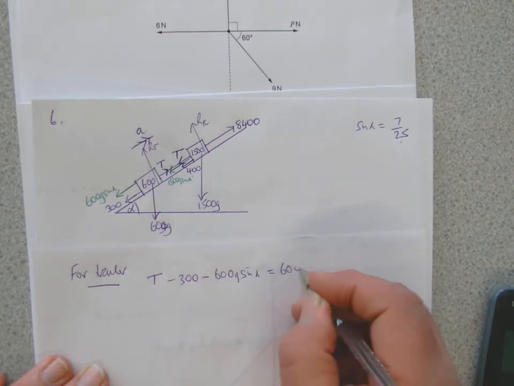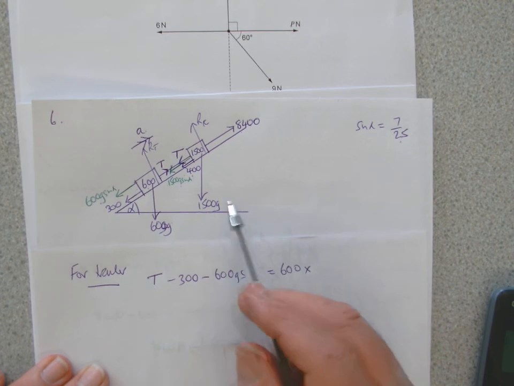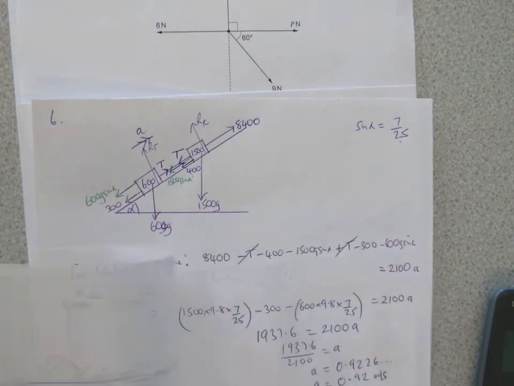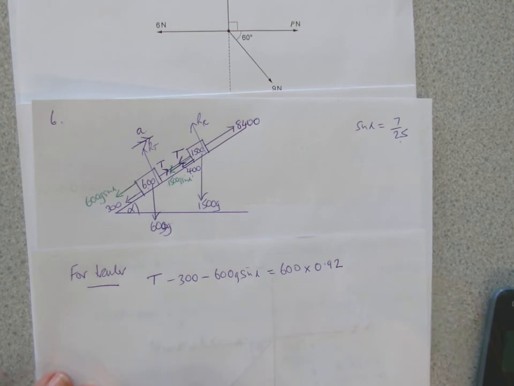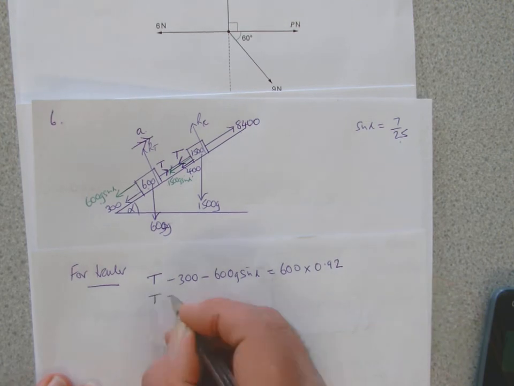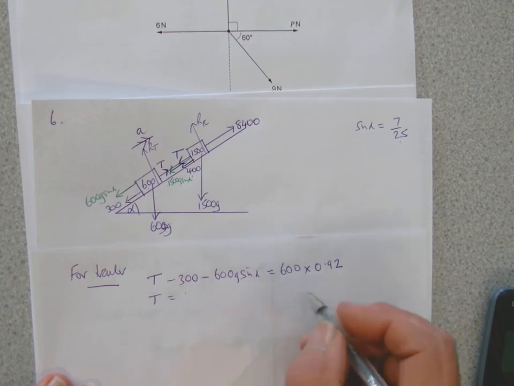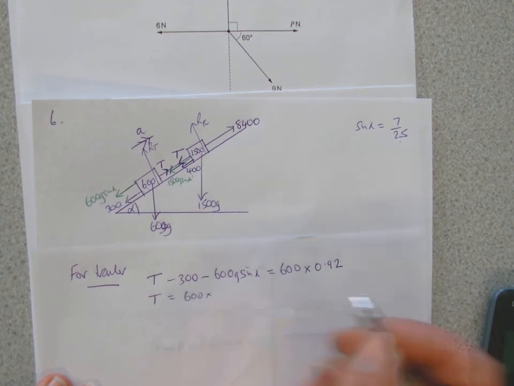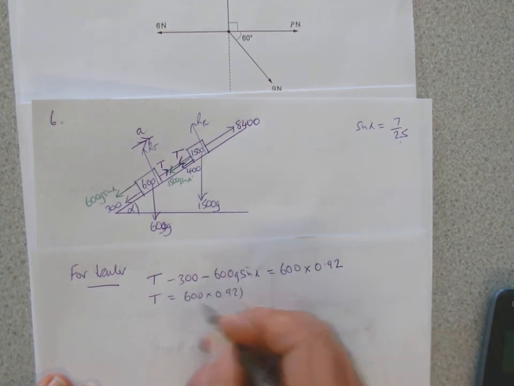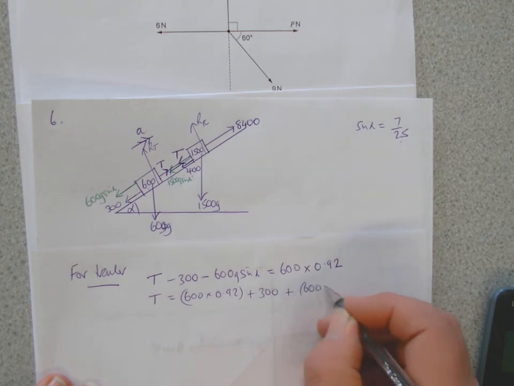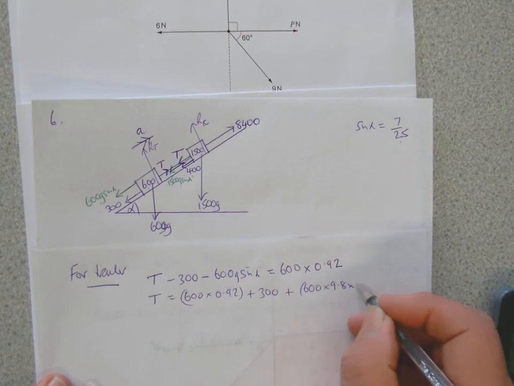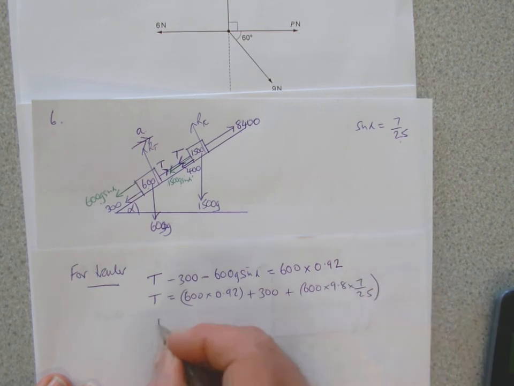So 600 times, and the acceleration we calculated in the first part is 0.92. And then just take it over to the other side: 600 times 0.92, add the 300, add 600 times 9.8 times 7 over 25, and that tension